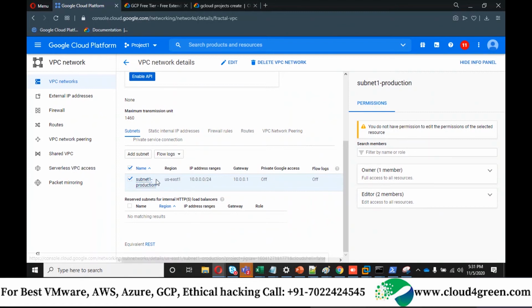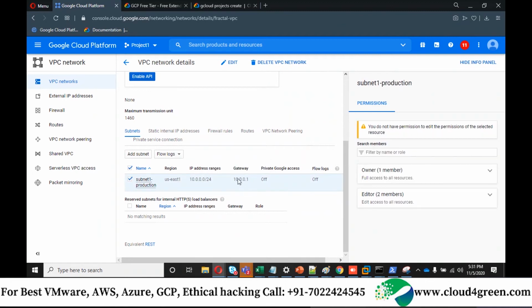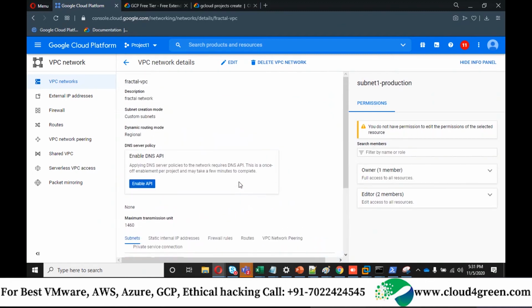Okay, you can see this. I have successfully created a subnet, and you can see one of the IPs is reserved for gateway, that is 10.0.0.1, which is already in use for gateway. You cannot use that IP. Can you all create your VPC please with a subnet?